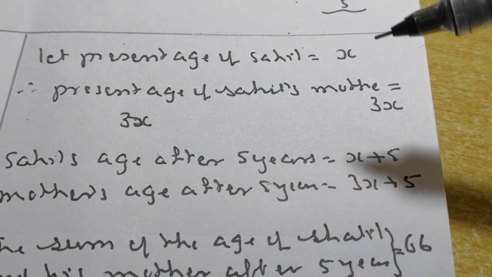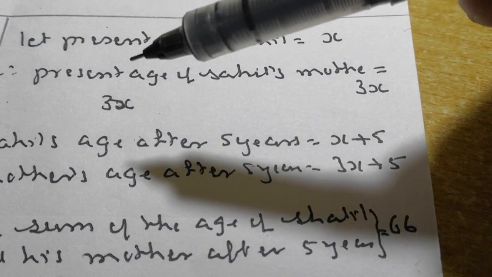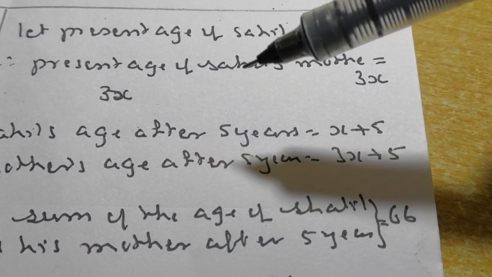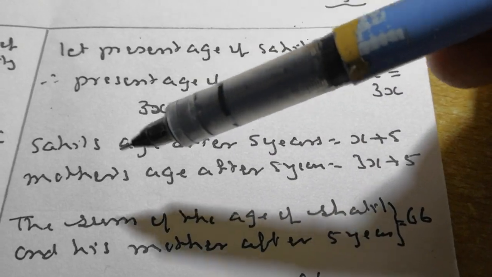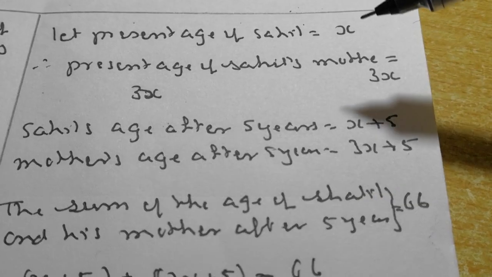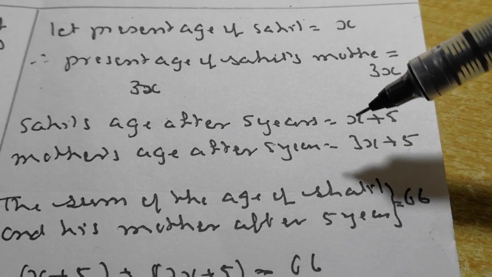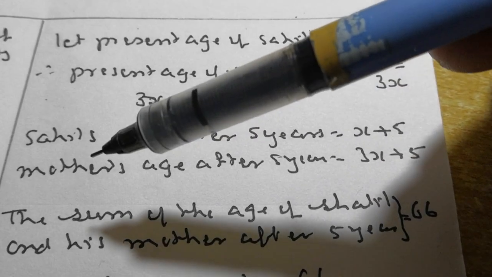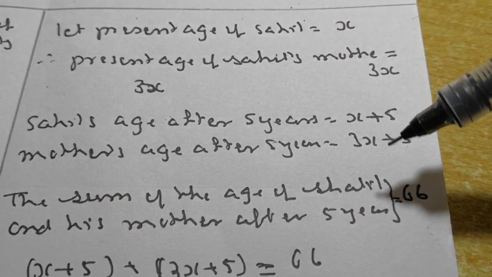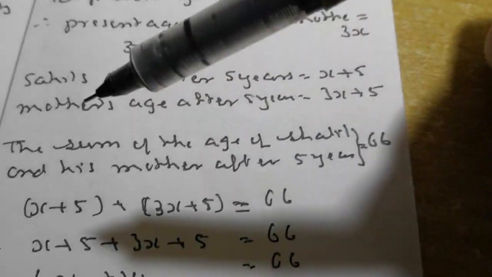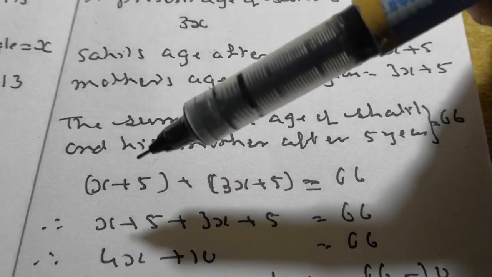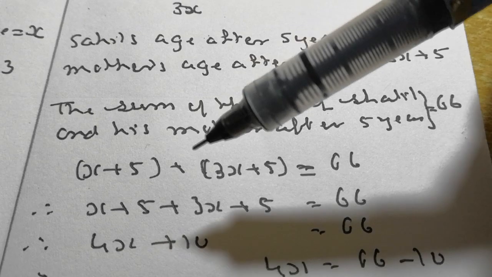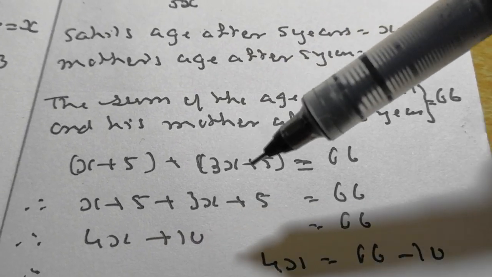So we have assumed Sahil's present age is equal to x. Mother's present age, they have told you, is 3 times Sahil's present age, so it is 3x. Sahil's age after 5 years: presently it is x, so after 5 years it will become x plus 5. Same way, mother's age after 5 years is 3x plus 5. The sum of the ages of Sahil and his mother after 5 years is 66. So Sahil's age after 5 years is x plus 5 plus mother's age after 5 years is 3x plus 5